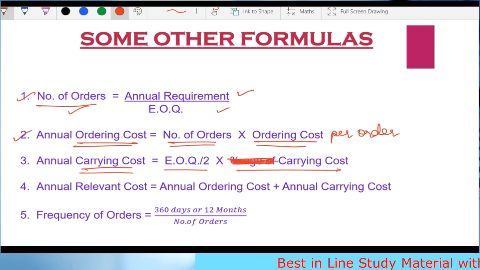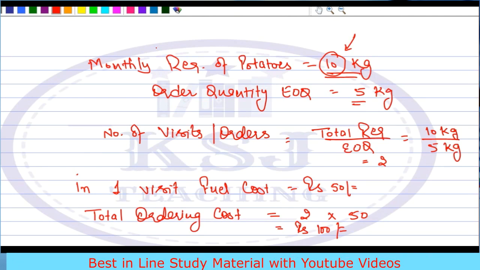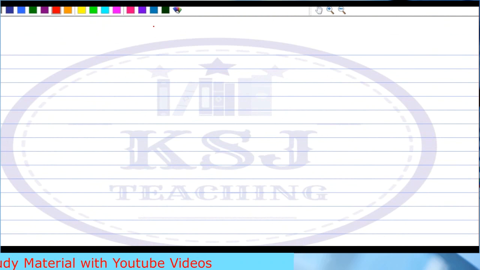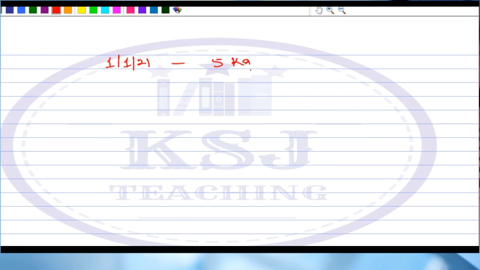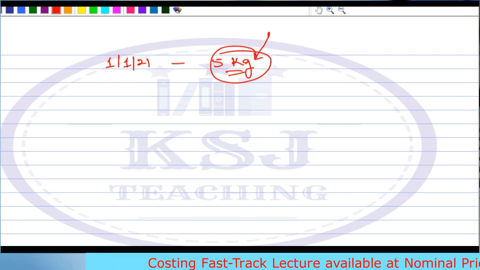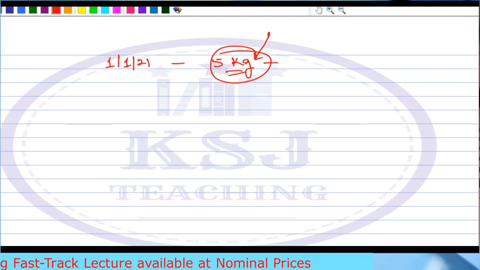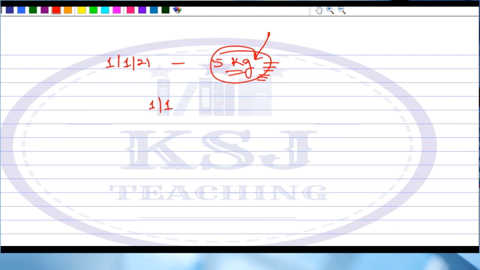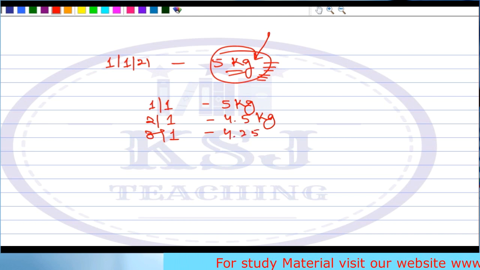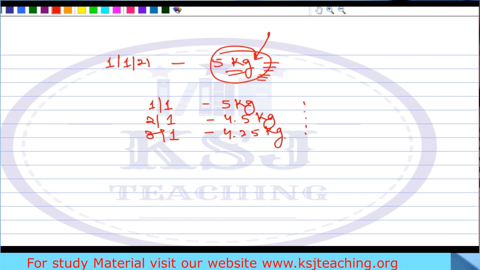Say, in this example, your father brought 5 kg, right? Your father brought 5 kg on say 1st of January 2021. Your father bought 5 kg of potatoes. Now, for the next 15 days, will you carry this 5 kg only? No, sir. We'll keep on using out of this 5 kg. So on 1st of January you are carrying 5 kg, on 2nd of January you are carrying 4.5 kg, on 3rd of January you are carrying 4.25 kg. So this quantity will keep on decreasing.